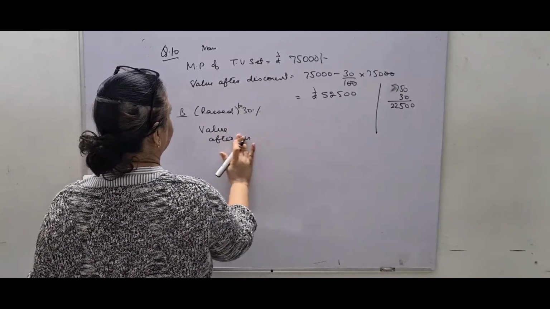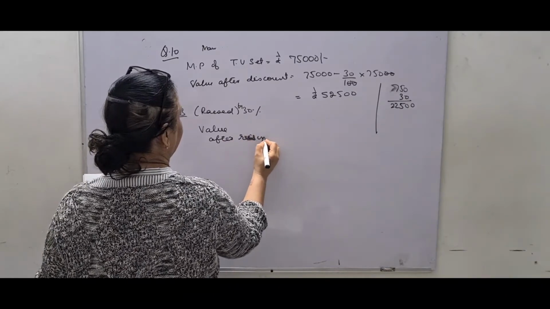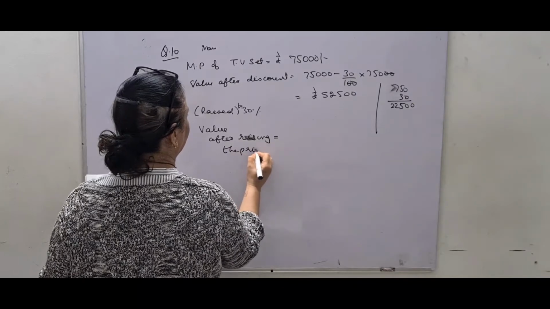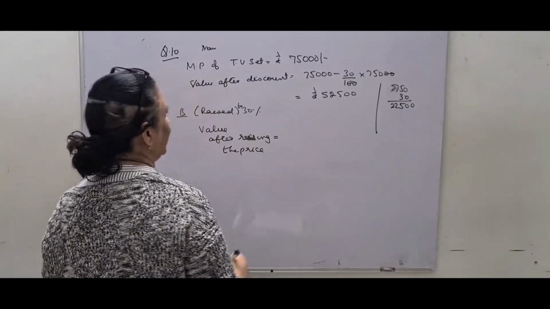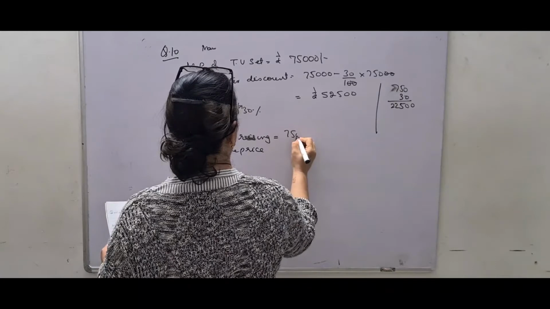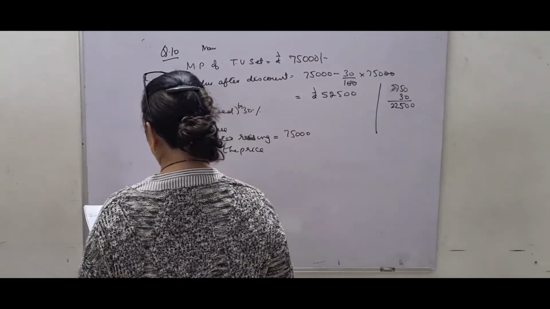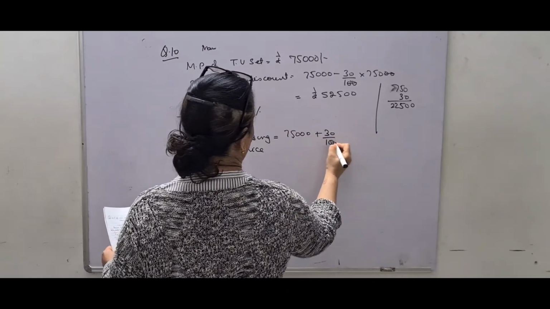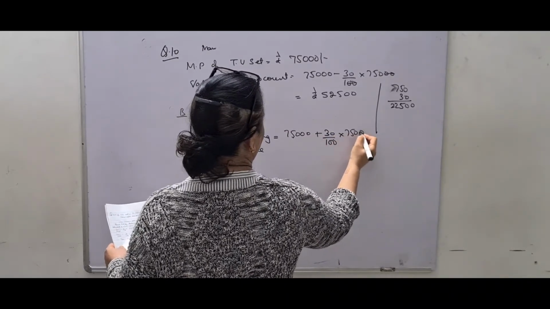raising the price. Write each and everything, raising the price. It will be more clear to you and the children when you write it nicely. No doubt the mistakes are very, very few, because that means you have understood the question. 70,000 has a 30% raise on it. You know, it's very simple.